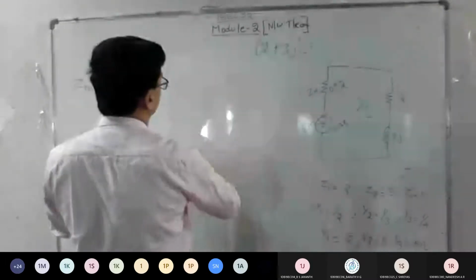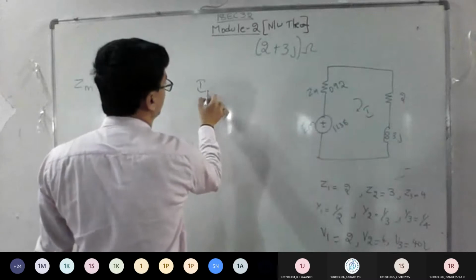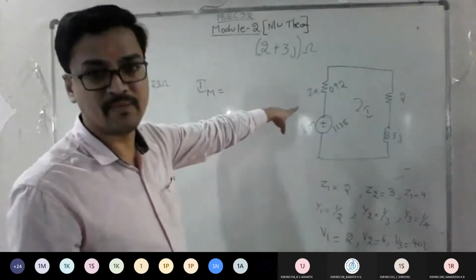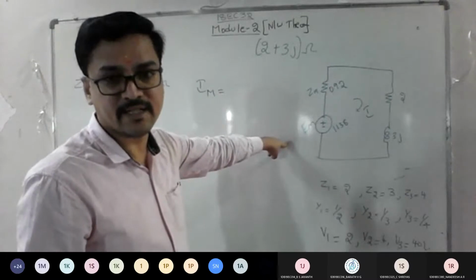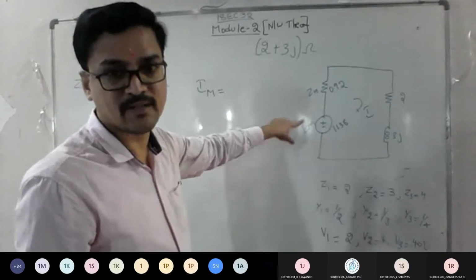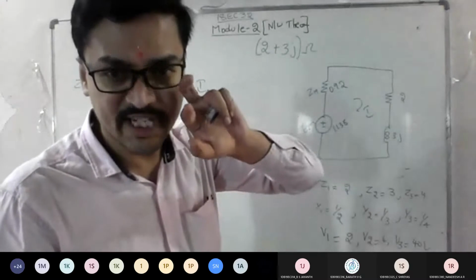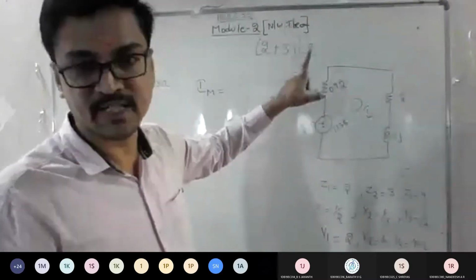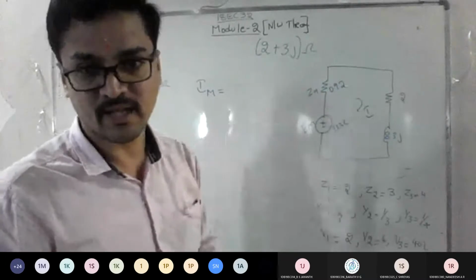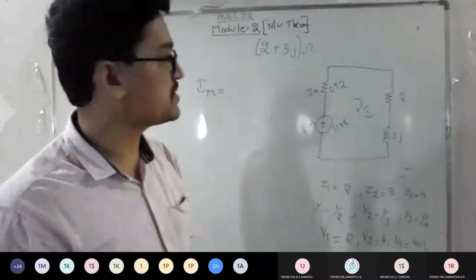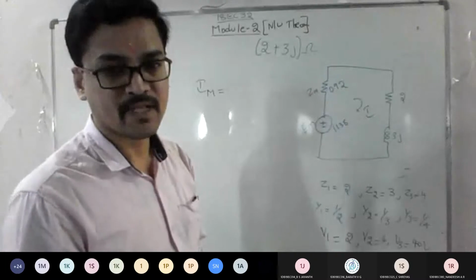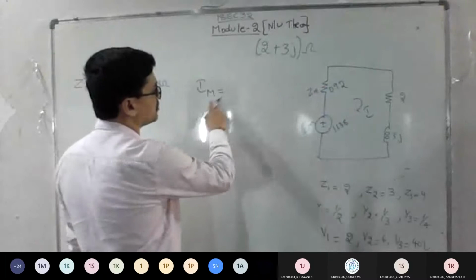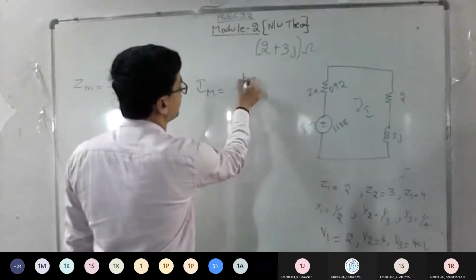If you want to find the current, I'm going to call it IM, the Millman current. IM indicates Millman current, Zm is Millman's impedance, and here it is the voltage of the Millman equivalent, because again for Thevenin's and Norton's the notation will change. That's why I'm specifically telling M there. Thevenin's VTH will come, then Norton's N will come. So just have an awareness, it is for your Millman. So the formula is I equals V by R, where V indicates your EM, right?